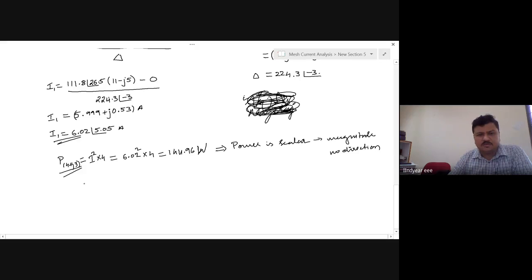Because everything will come back to single phase AC circuits, three phase AC circuits. Other things, to some extent, even if you forget, it's fine. But single phase AC circuits and three phase AC circuits, you must know them thoroughly. There is no discount in that part of the content.